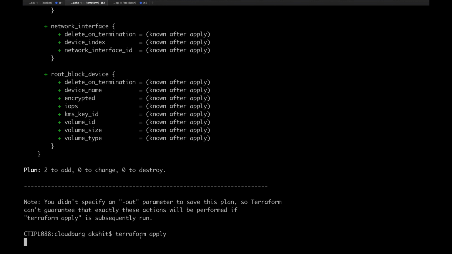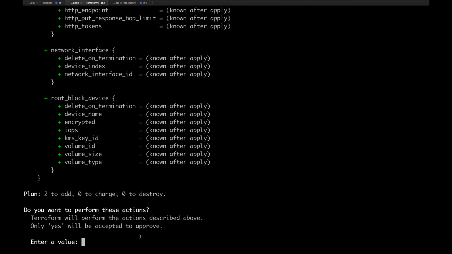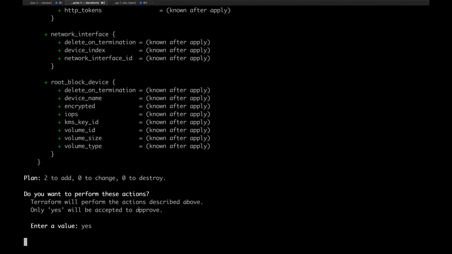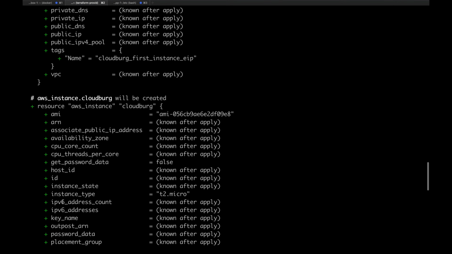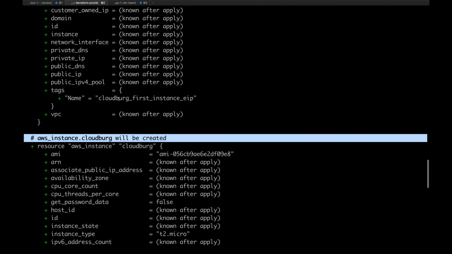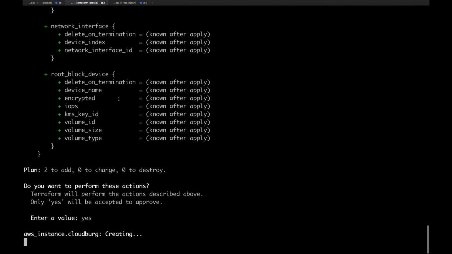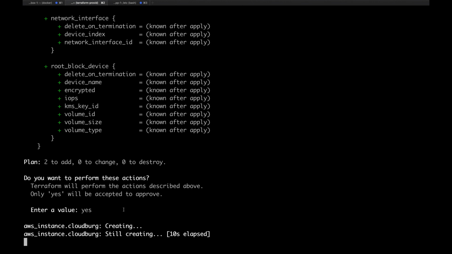Terraform apply will take some time. So it is asking, yes, we can perform this action. So basically it is adding two resources. Now the AWS instance is getting created.